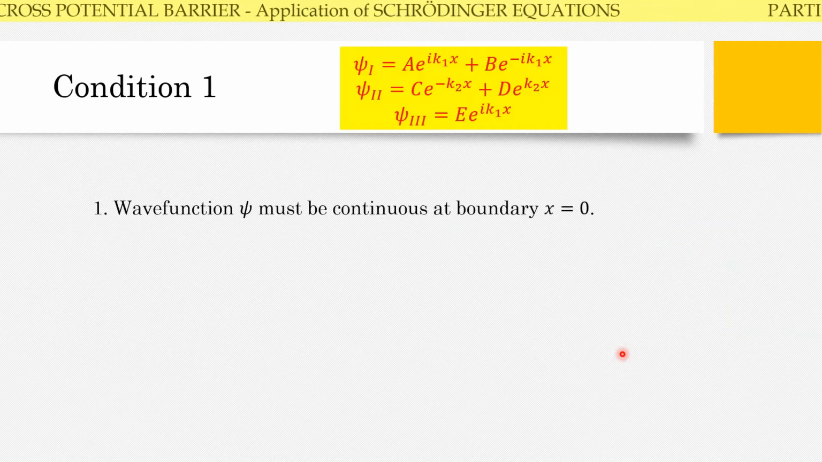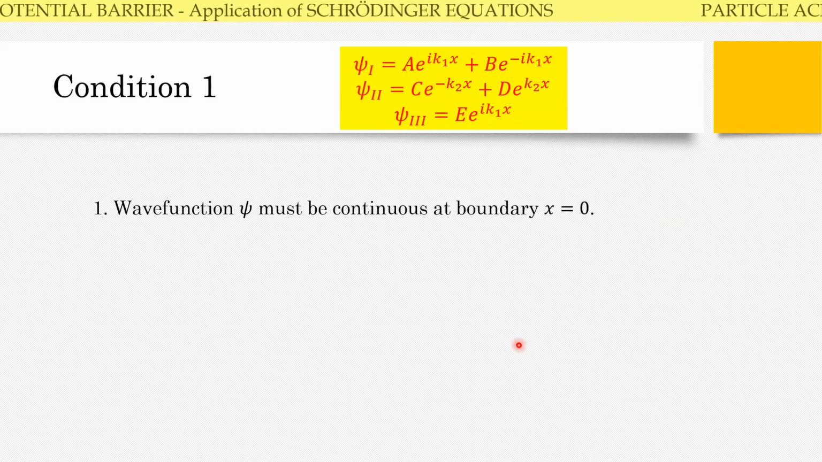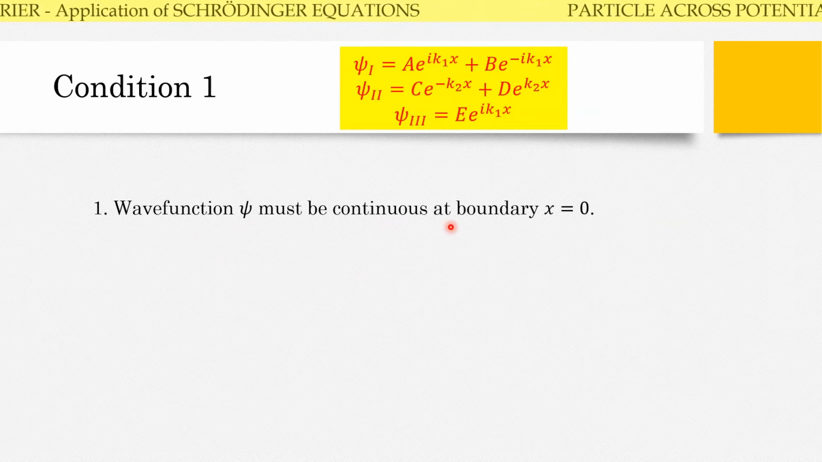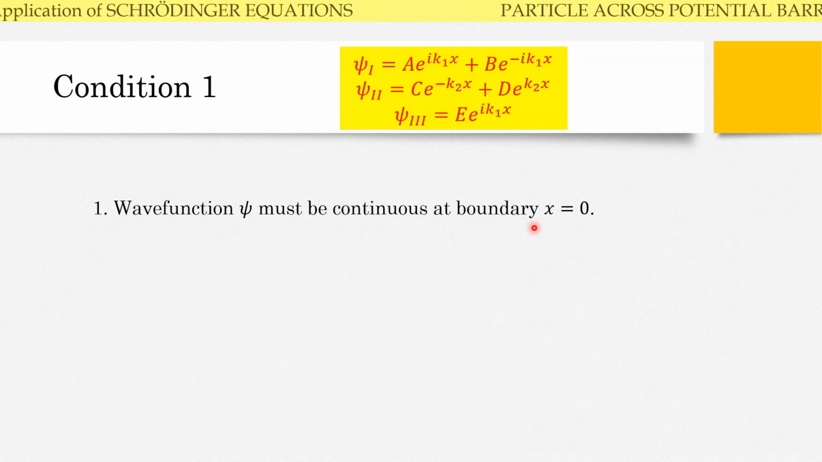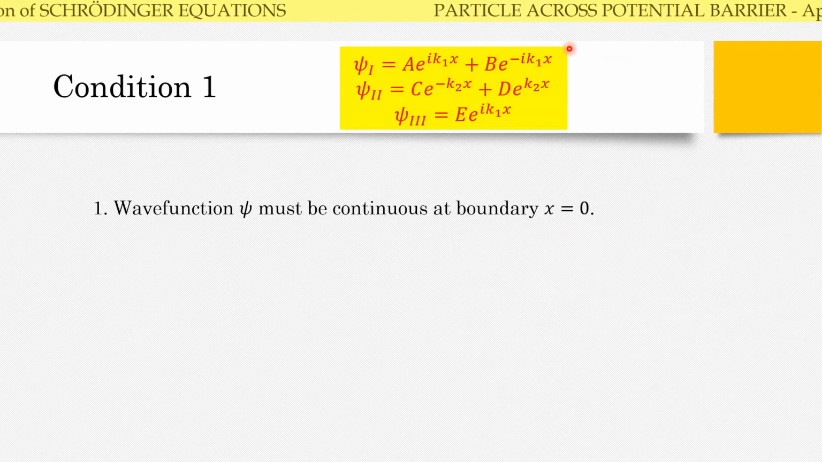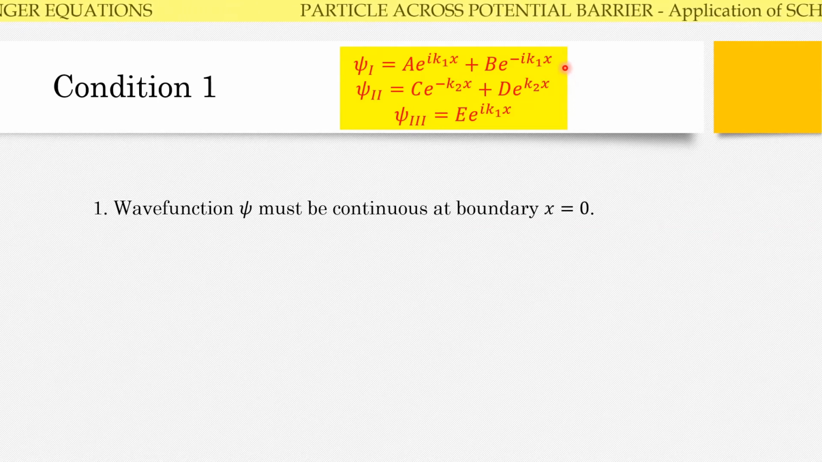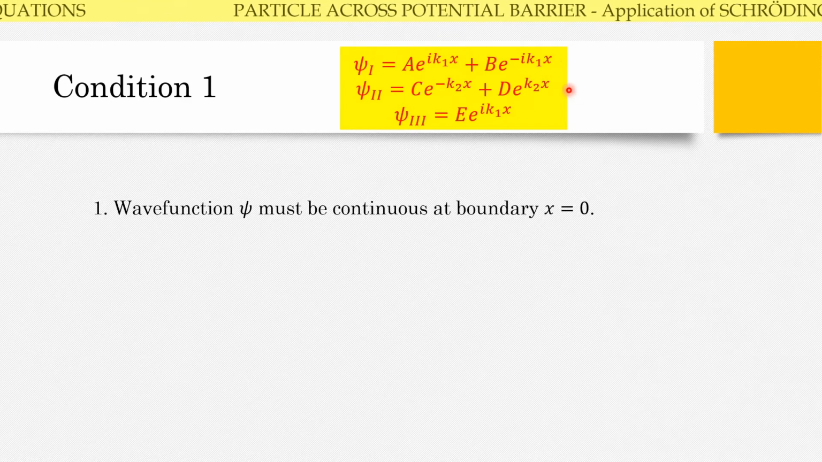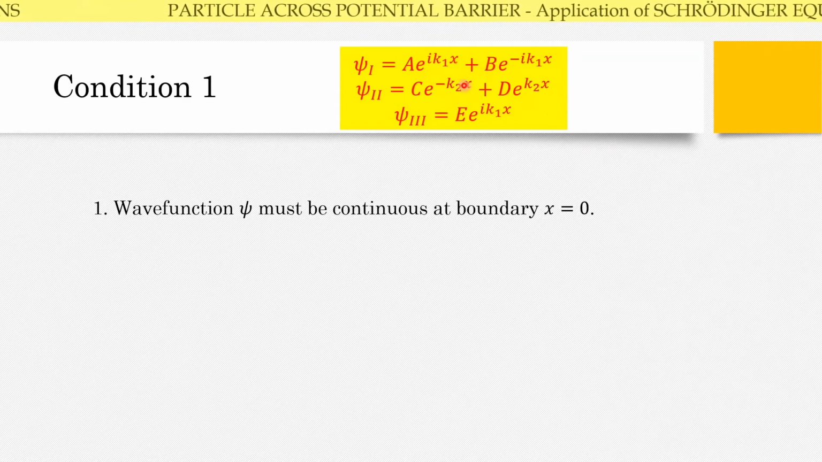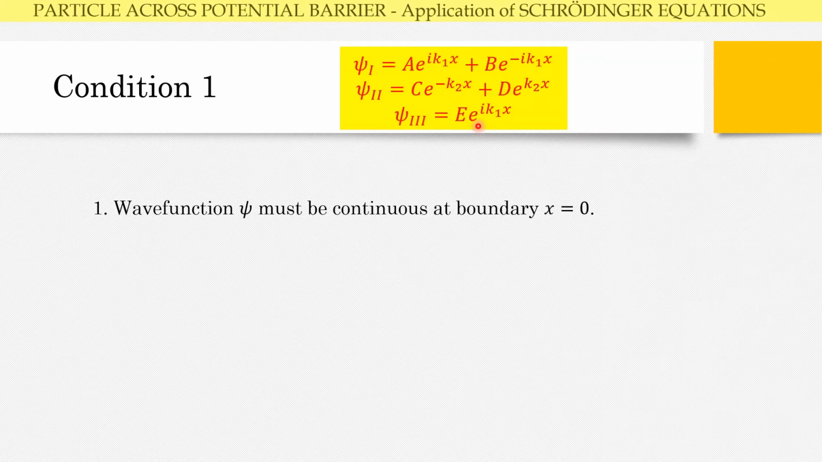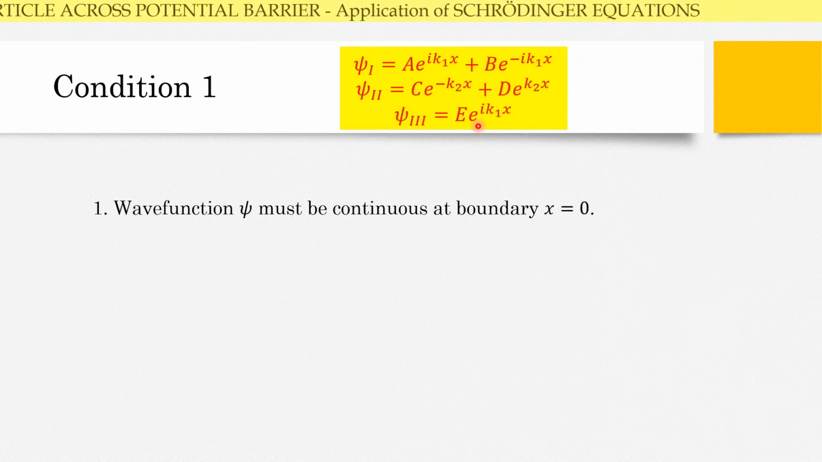So let us see first the condition 1, which says that the wave function psi must be continuous at boundary x equal to 0. These are the three equations which we have evaluated as solutions of Schrodinger wave equation in all the three regions. And A, B, C, D and E, these are the five constants for which we are doing the